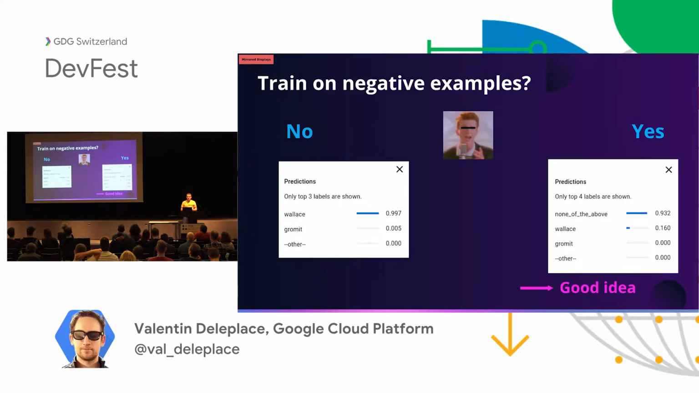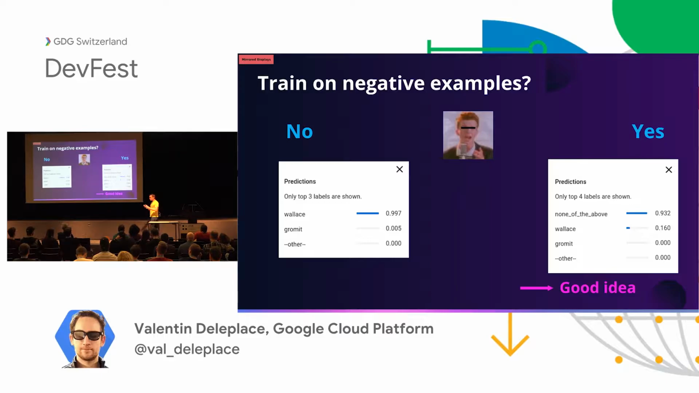Negative examples is a tricky question. Is it useful to upload a bunch of unrelated pictures that don't feature Gromit and don't feature Wallace, just in order to get better precision and recalls? And it turns out that at least in AutoML Vision, in the Google tool, it is useful, because if I train